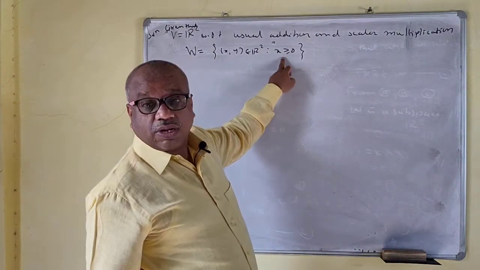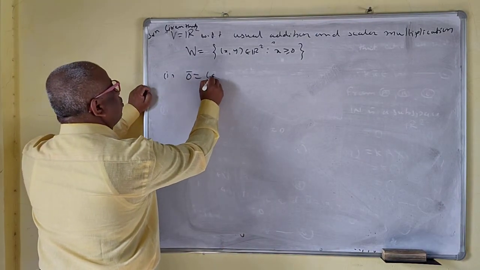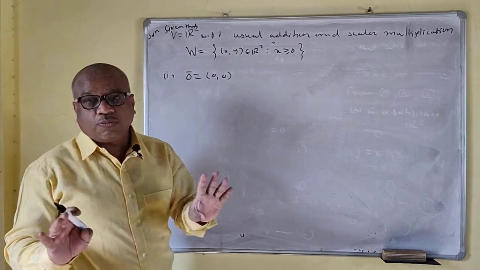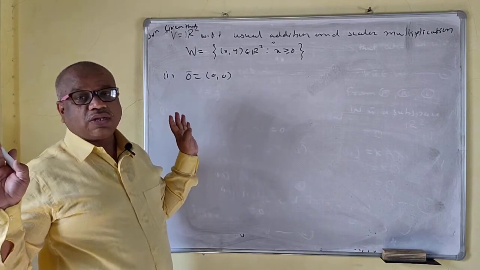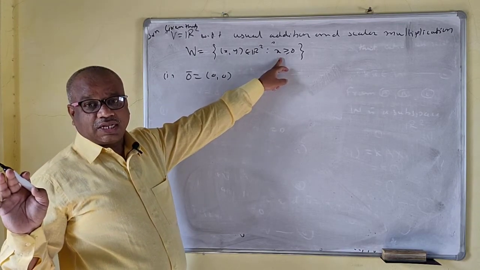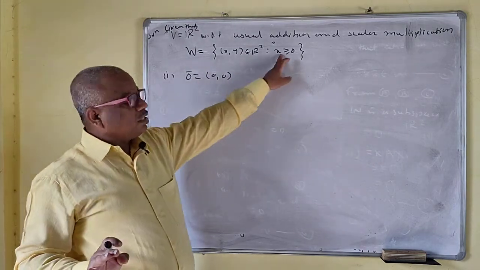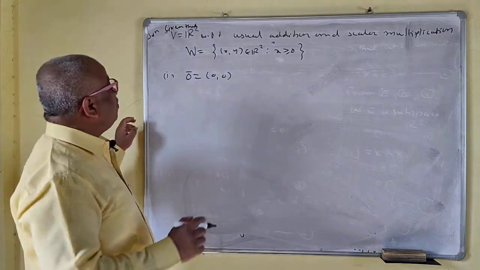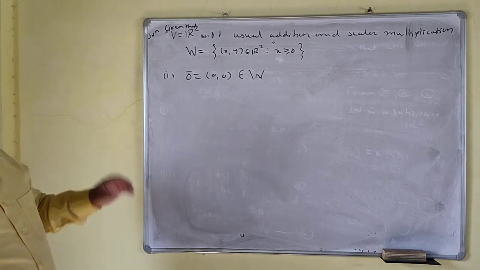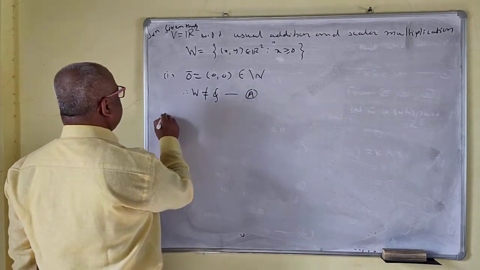Okay. Now this is what? Greater than or equal to 0. If it is strictly greater than 0, then a problem arises. So first one, 0 bar is equal to 0, 0. So if it is strictly greater than 0, then 0 bar does not belong to W, so W is not a subspace. W is not a subspace if this is strictly greater than 0, or if it is strictly less than 0. Okay, less than or equal to, no problem, 0 bar belongs to this. So this is greater than or equal to 0. That means this belongs to W, because it can be 0 now. Okay, so this is W. So it is in W. So W is not empty. So we call this as A now.